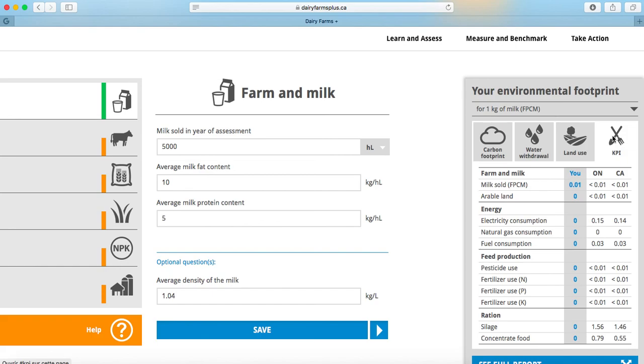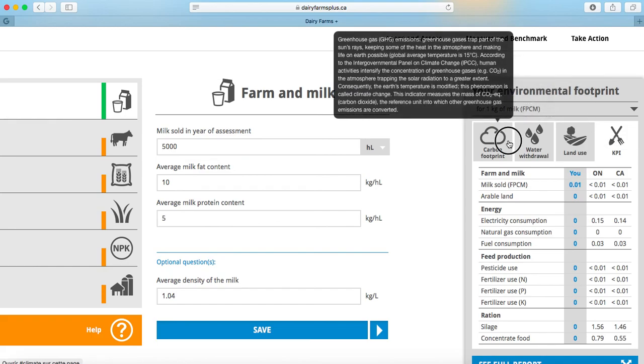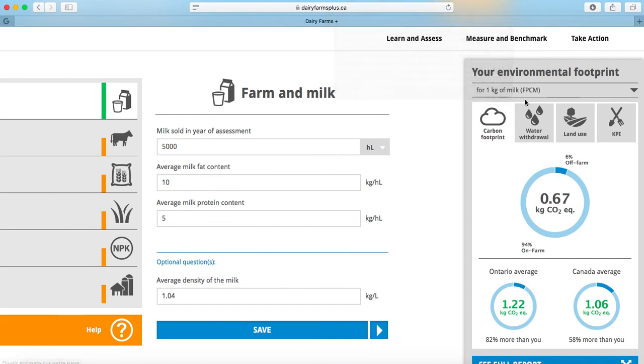And these numbers are there for the sake of comparison against maybe provincial and national averages, but for your own sake as well, to monitor and track over time and see how you can improve your overall operation. If we go back on the carbon footprint, you will also see that it's possible to present the results